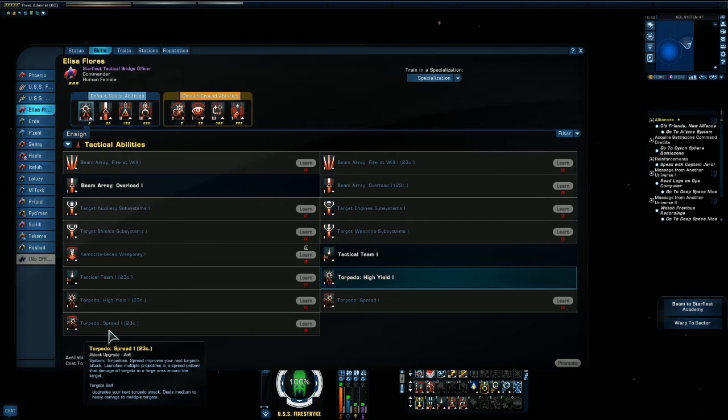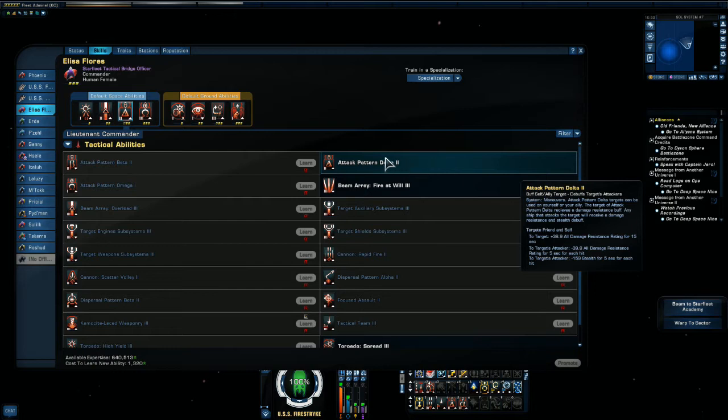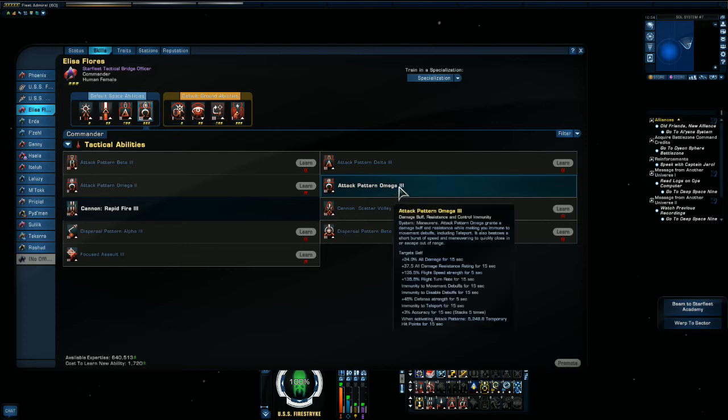I'm not entirely sure. But you have those sorts of things, and then you have these attack patterns. Some give you increased damage resistance. Some will make you fly faster, or your flight speed will increase, your turn rate will increase, those sorts of things. So there's that. And you can also get